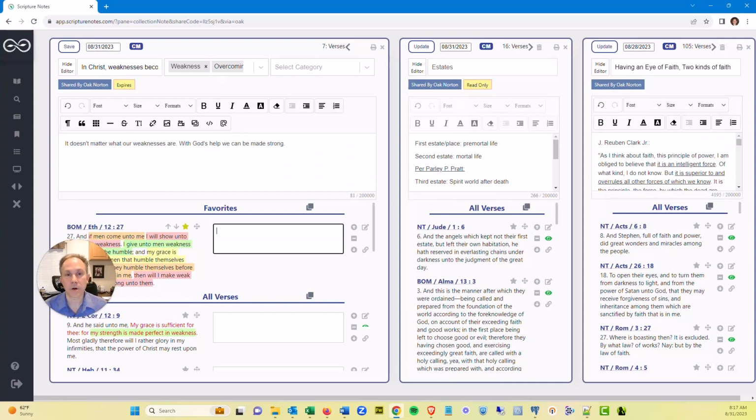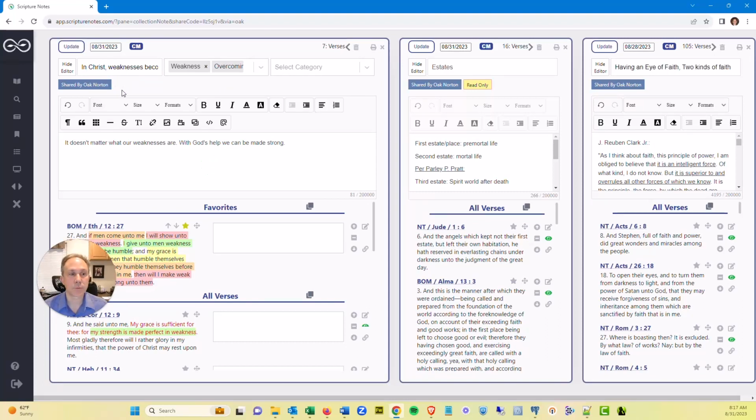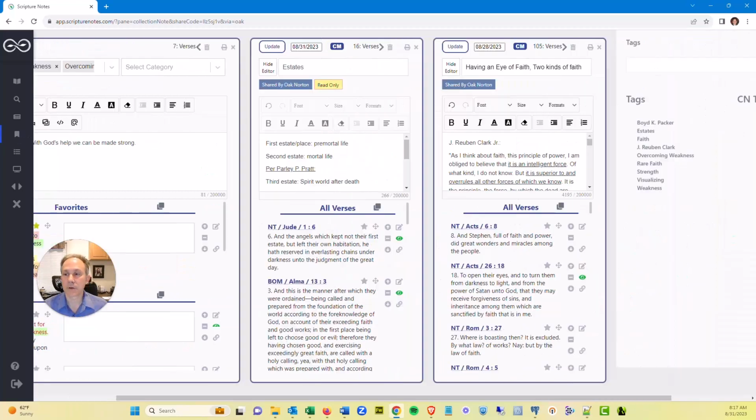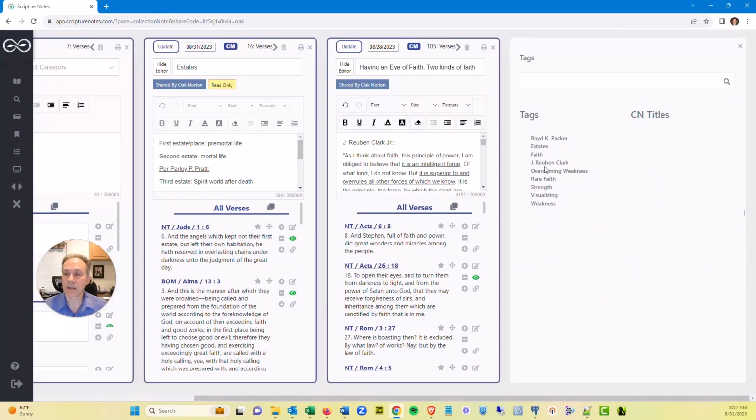But if you are on Pro, you can come in here and you'll be able to save this. I'll hit save now. The expires goes away. And, as I've added these, I've got a list out here in my tag tree of collection notes now that I have just saved from other people in this demo account.